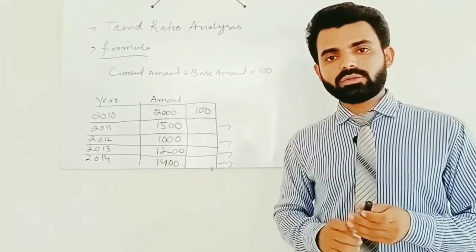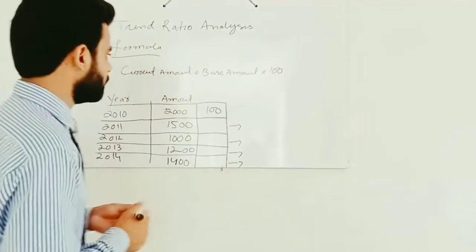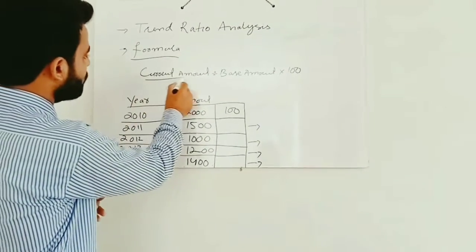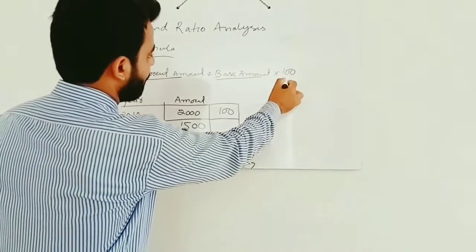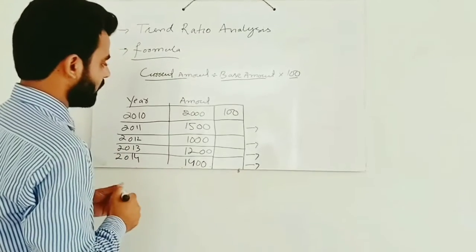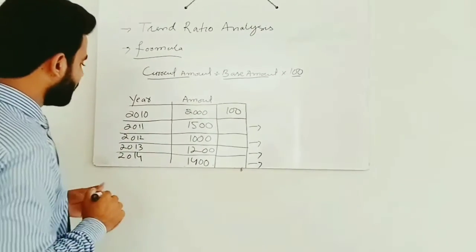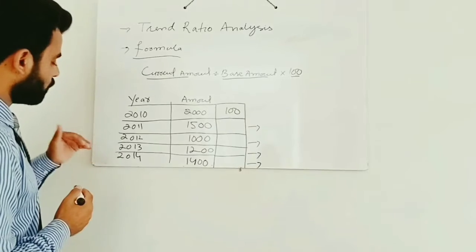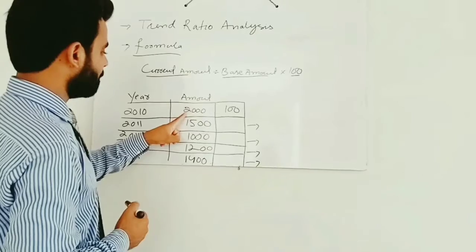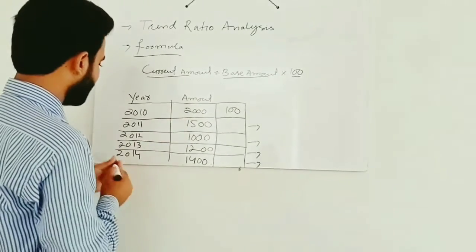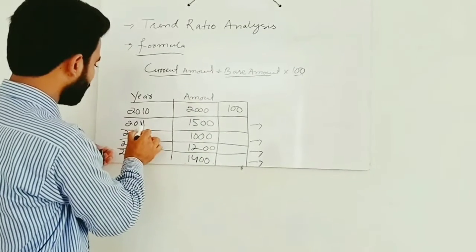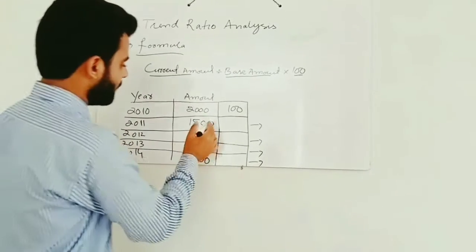So if we talk about the calculation of trend ratio analysis, here is the formula. We have to divide the current amount by a base amount, and then multiply by 100, and whatever answer comes, that would be our trend ratio. So here we have taken the data of 4 years from 2010 to 2014. The base year we have taken is 2010. We have $200,000 and we have to find the current ratio amount. So the current amount will be for 2011, that is